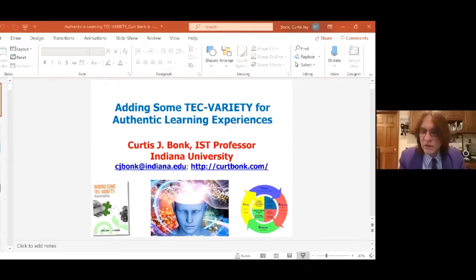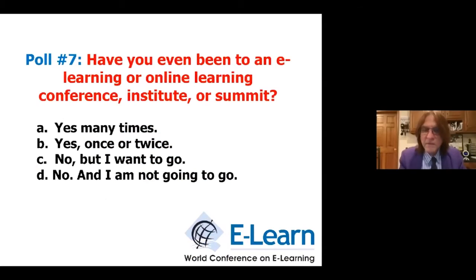And then have you ever attended an institute? We have 24% many times, 41% once or twice. So many, many people have. Nobody said they're not going to. So that's a good sign. Number 4 is a good sign. So I will end this, stop sharing that, and put that away. And I'll go back to sharing my slides again and see if we can call those back up. Okay.